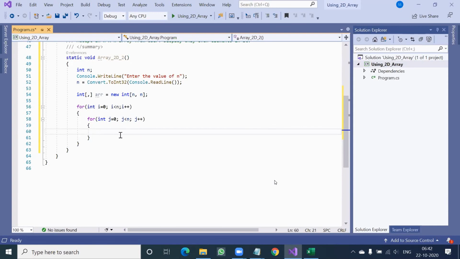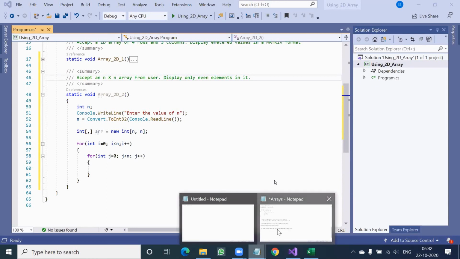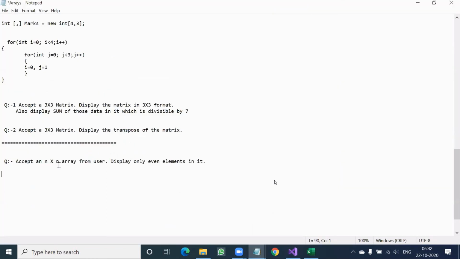Once this is done, then inside you have to just accept it, and you have one more part of the question called display only even numbers, sum of even numbers. Actually, I wanted to write that. So accept n by n array from user, display sum of only even elements.